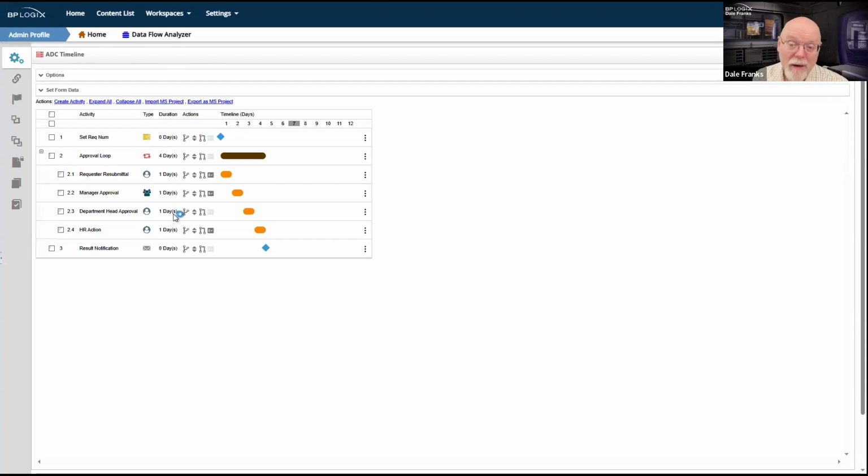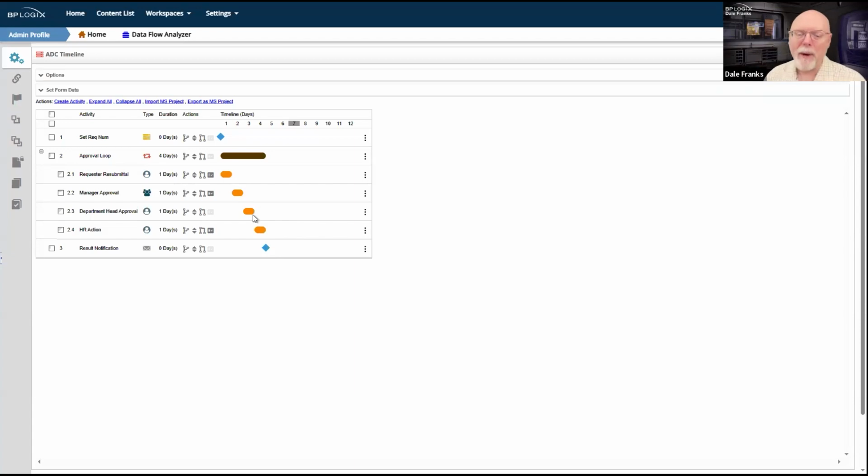For me, it's easier to track what I'm doing by constructing my email template in the order in which these activities will occur in the process timeline, so that I can go from top to bottom. I have these 4 activities here. 2 of them are approval activities, so I can probably link those 2 together. And then I have my HR action, clearly, request a resubmittal, HR action, and these 2 activities fundamentally create 3 different types of activities. However, there's also this final result notification, which is a 4th type of activity.